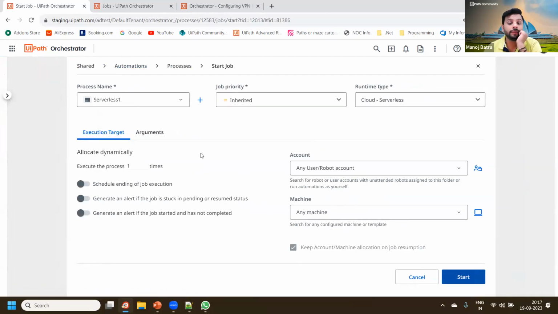So if you see here, the runtime has now changed. It is now cloud serverless. Account, anything, machine, anything, because there will be only one machine for serverless. Account, I've already created a test account for that. Here, I have already told you before that we can run a maximum of 15 processes parallelly. So for the demo, I'll just set it for 10. So 10 processes will run on this machine parallelly. So if I hit start,